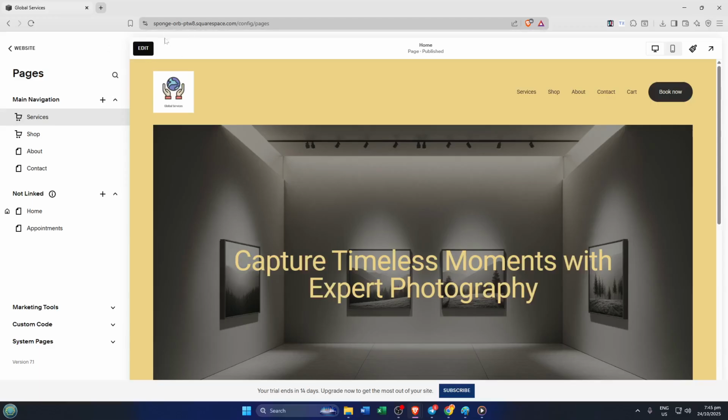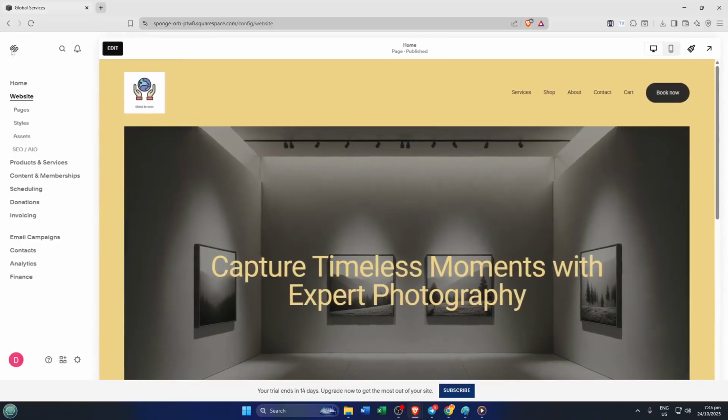First things first. Head over to Squarespace and log into your account. This is your website's control center, where all the magic happens. Once you're in, locate your website and open it up. If you're brand new to Squarespace, don't worry. Everything's laid out pretty simply, and you can always come back or pause the video if you need to get